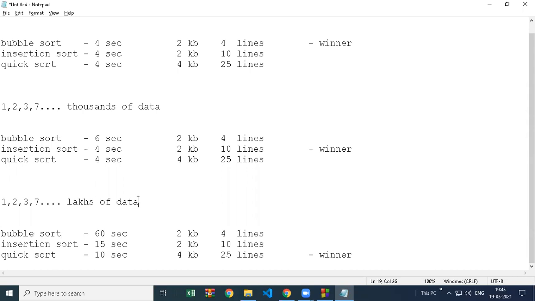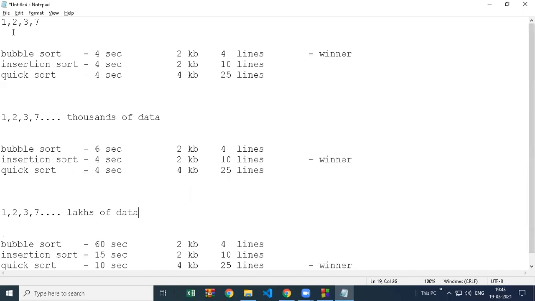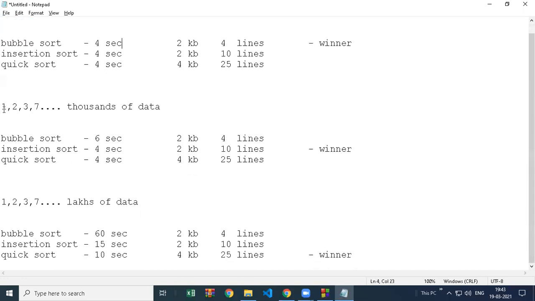We haven't seen the code yet, so of course we cannot determine it now, but I know the code already, so I'll give you an example: bubble sort works well for a small amount of data, but if you have medium data, you can go with insertion sort, and if you have very big data, you can go with quick sort. When we go to the coding part, we'll see the code and understand the efficiency.